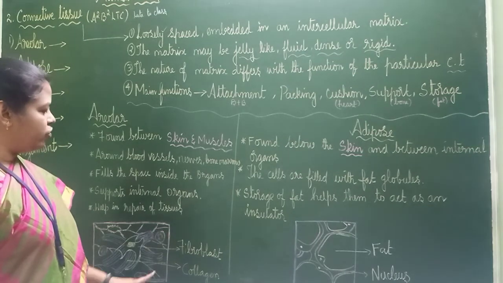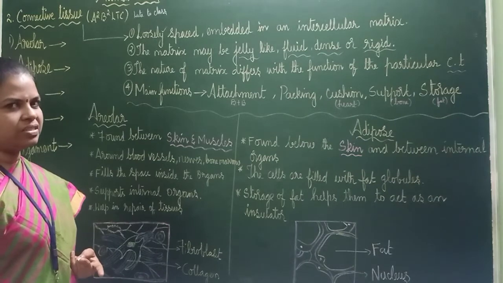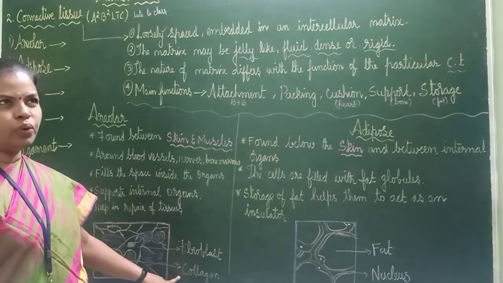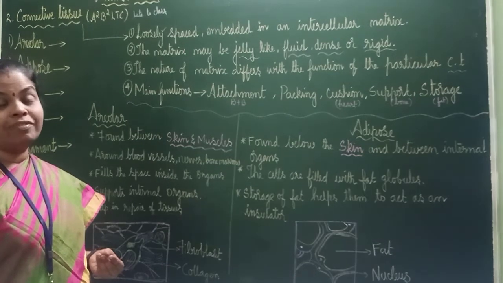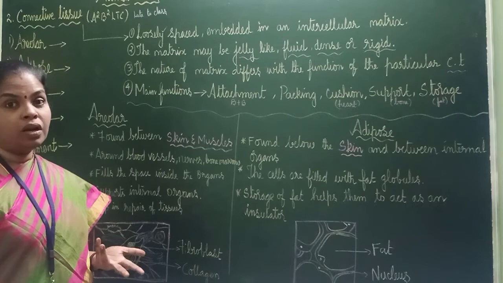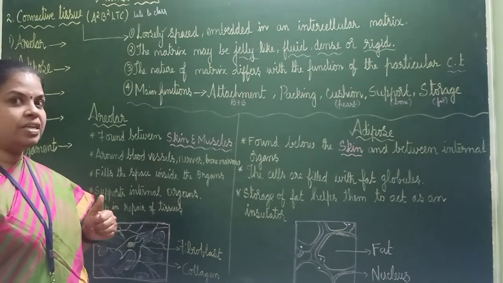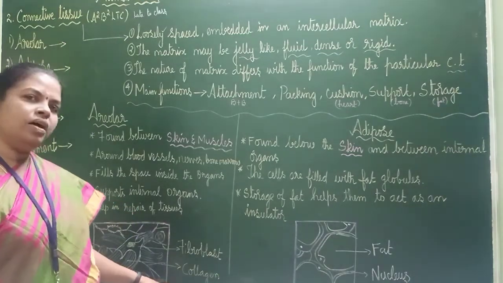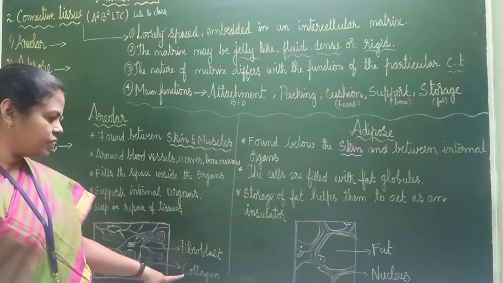It is made up of fibrinogen and collagen. Okay, two proteins. Fibrinogen and collagen. Collagen actually is white in color and it is insoluble in water. If you see chicken and all, sometimes when your mother is washing and cleaning it, you see how it is. A white colored fiber-like thing will be there. Okay, that is called collagen.